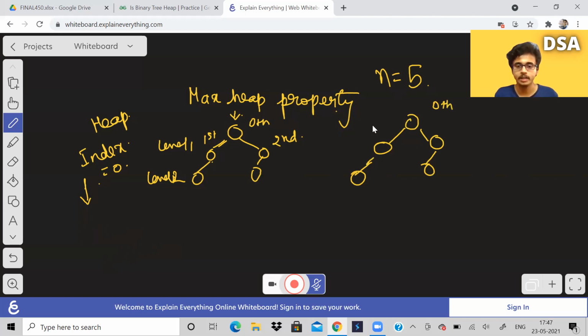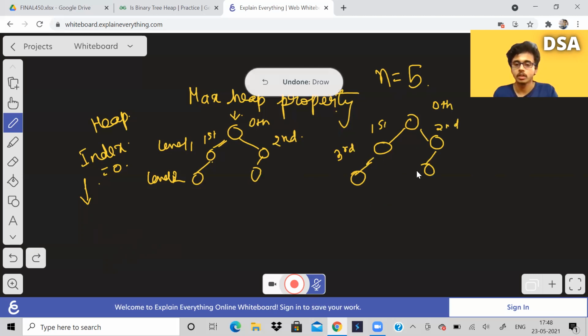At the first level, this is the first node, second node. This is the third node. And suppose if there was a node over here, this would be fourth. But there is no node over here. So this is going to be the fifth node now, not the fourth node.